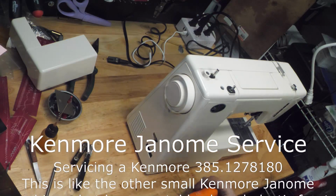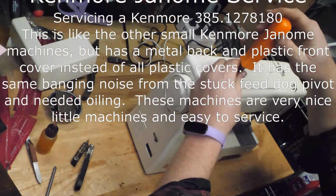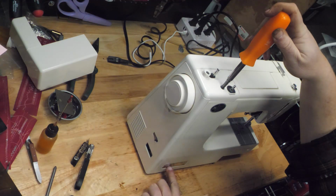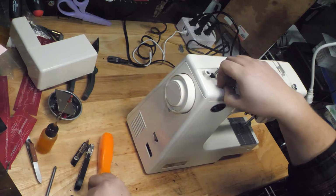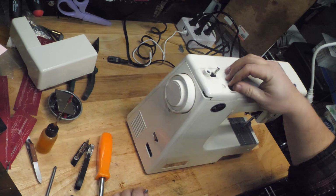This is a Kenmore 385, 1278180. This is another Janome made Kenmore. This is slightly older than the ones that were just on my bench, and that means it has